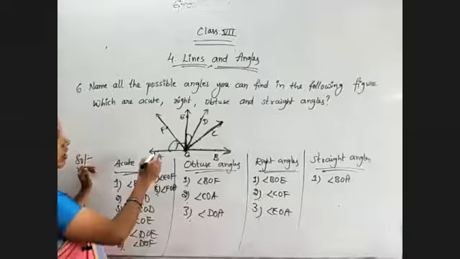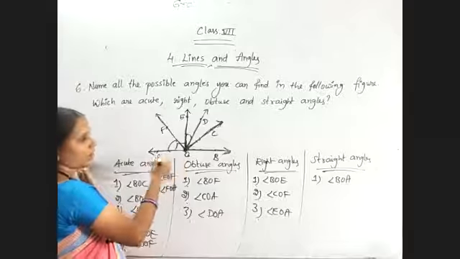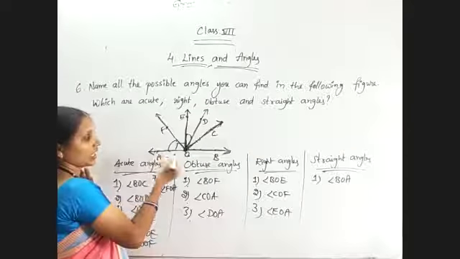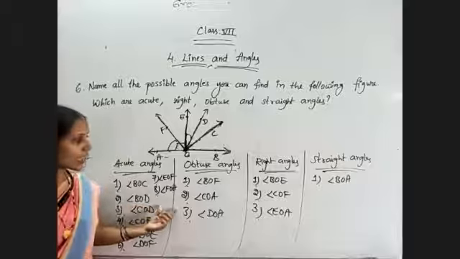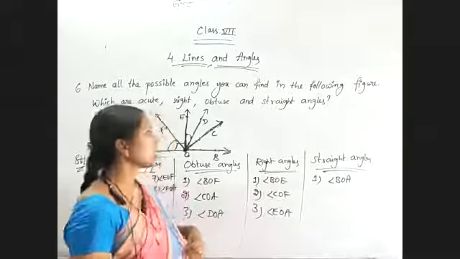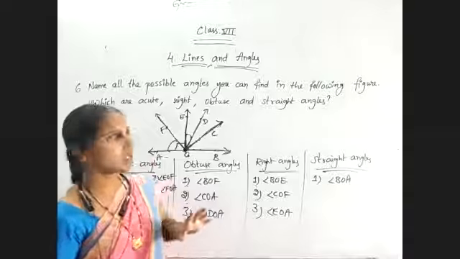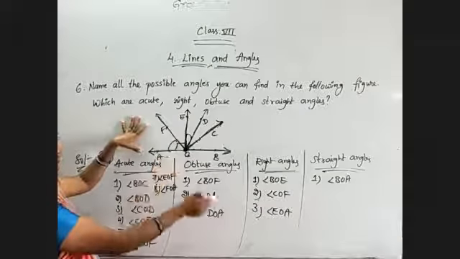That's it. Now coming to OA. Ray OA. OA finished already. Nothing is there here to write. So how many acute angles are there? Totally 8 acute angles, 3 obtuse angles, 3 right angles, and 1 straight angle in the given figure. So don't confuse. This question is very, very important to list the angles. All the possible angles I have listed.